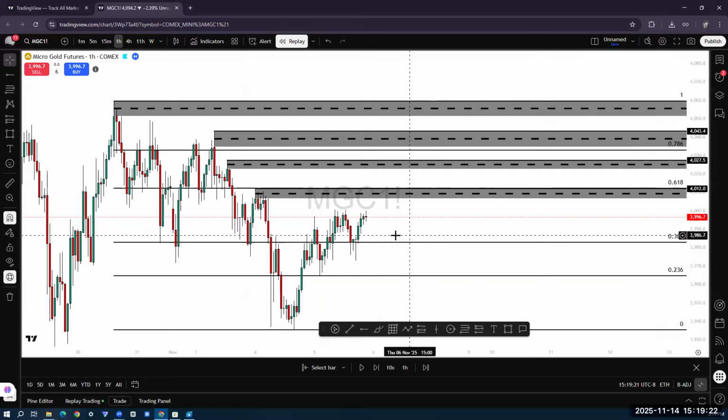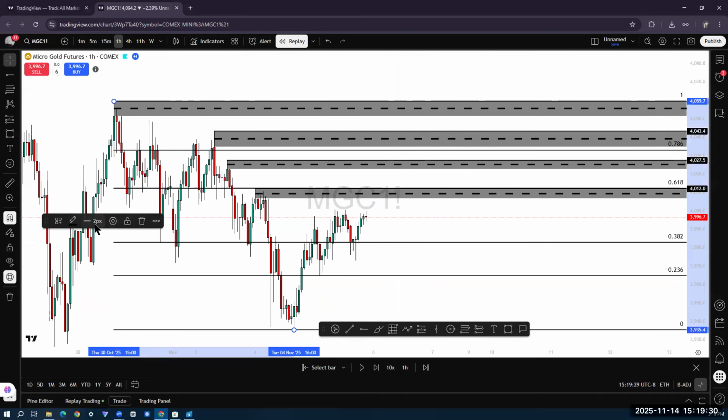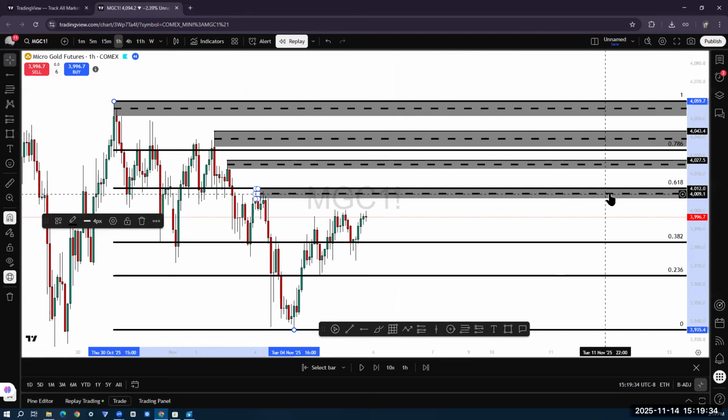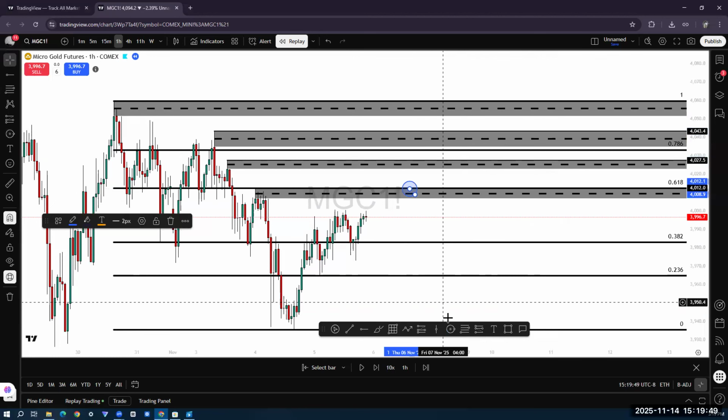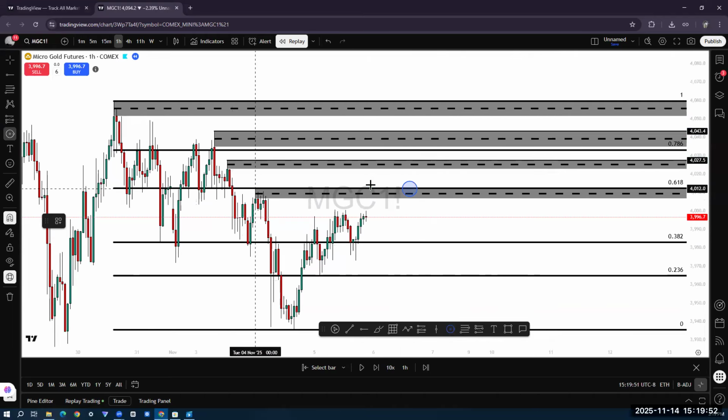So now if we're looking at price and we're seeing that price is giving us a rejection, if I'm going to take a sell anywhere, I want to take a sell from either my 618, the range around the 50% of my 618 and 786, or about the 50% to the 786. Let me make these bigger so that you can see them. I'm going to show you visually. I'm either going to try to take a trade here, here, or here.